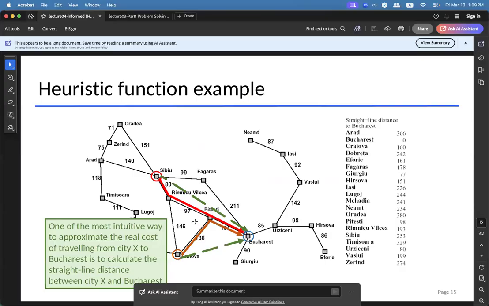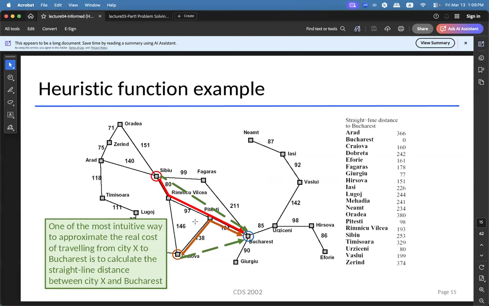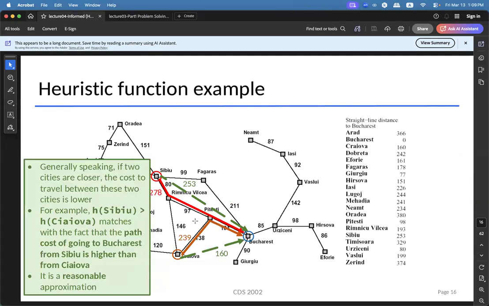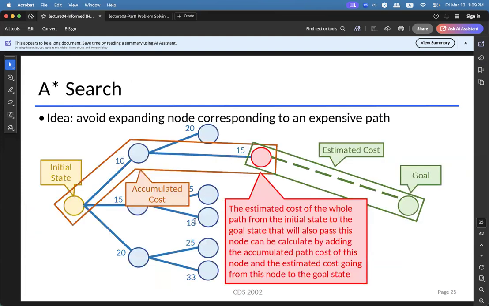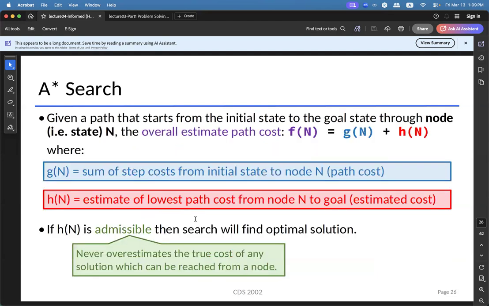Last time we actually talked about the idea of the A star heuristic function and also the A star search. Okay. So the core idea of the A star search is that we use the overall estimated path cost to prioritize the node for further expansion. Okay, so no matter